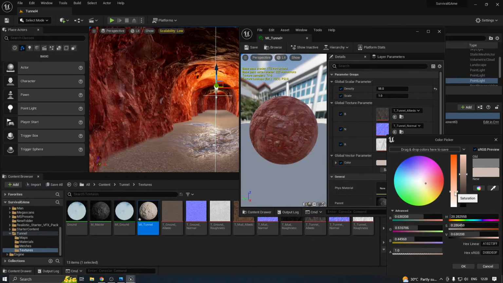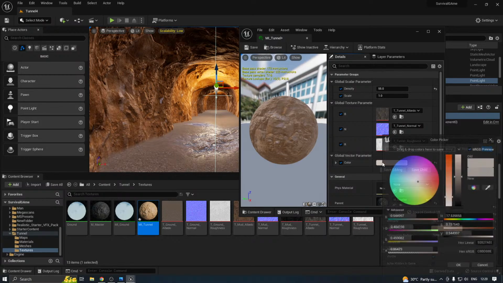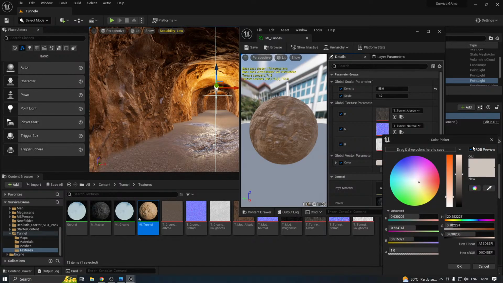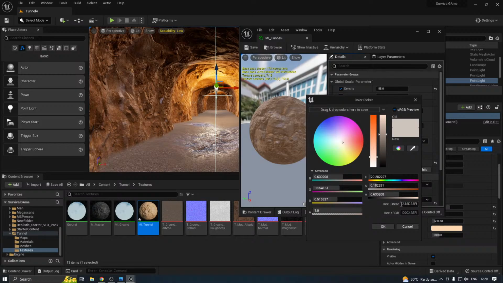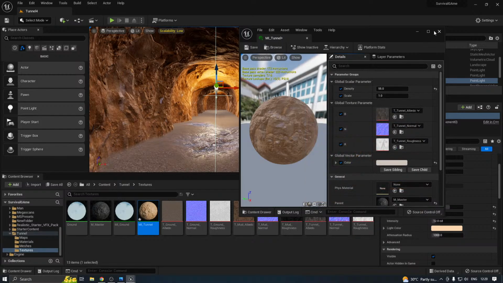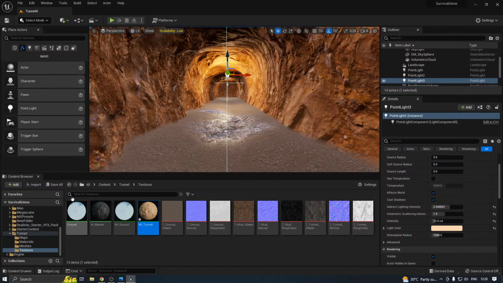Keep it. You can copy this color code. Sorry, I'm not sure. You can copy this one and